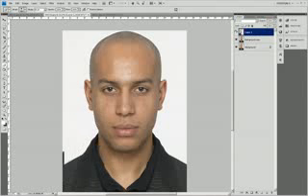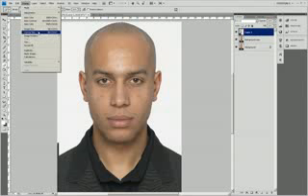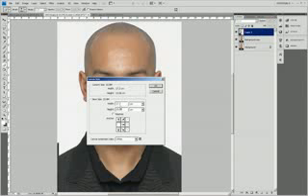Right, so just see the difference there. I mean, there's not a vast difference, but this is going to help us a lot when we're actually modeling. Something which I'm not going to go hugely in depth in this tutorial. This is more just looking at how to set up the reference images and get a good sort of base